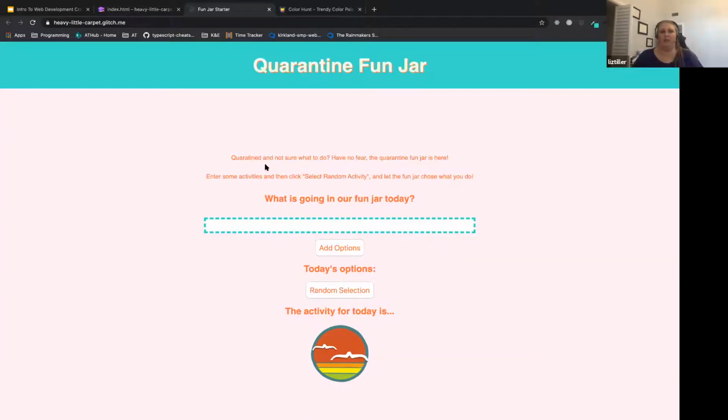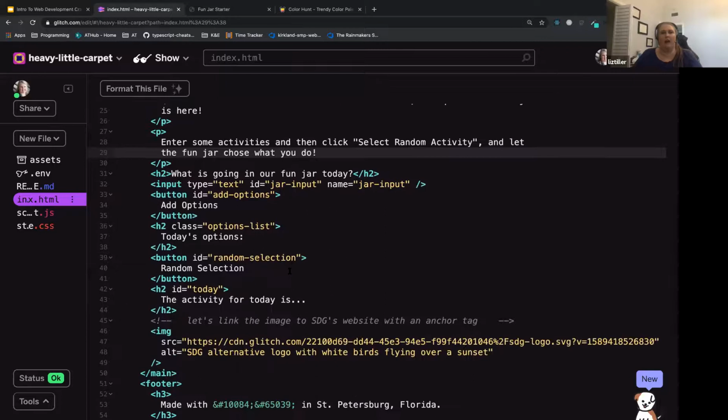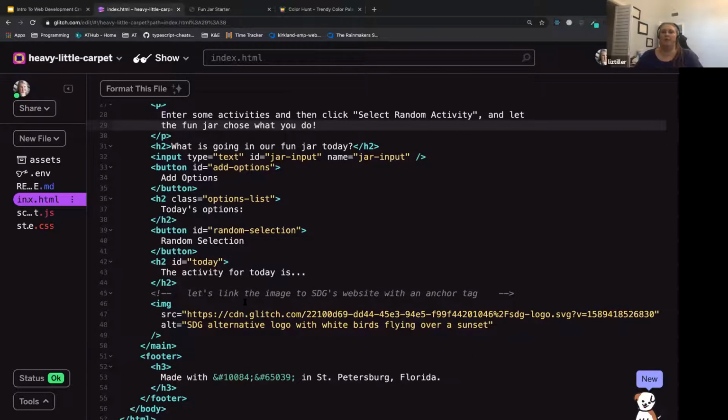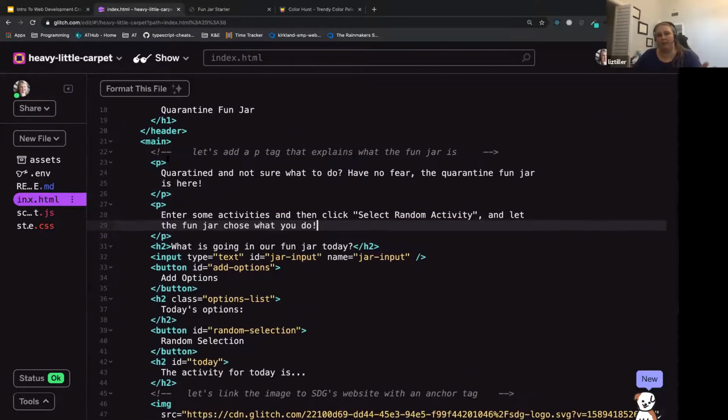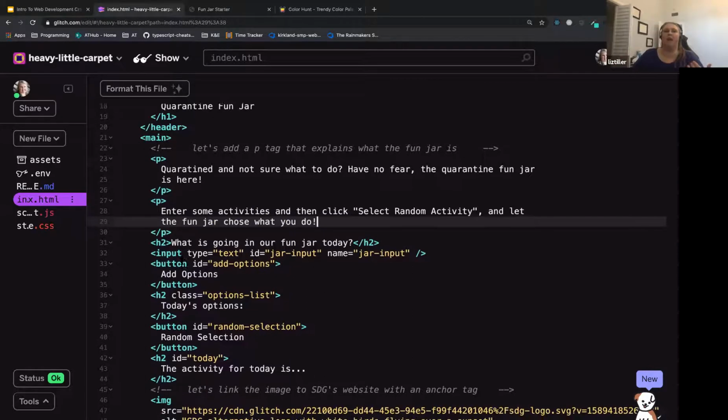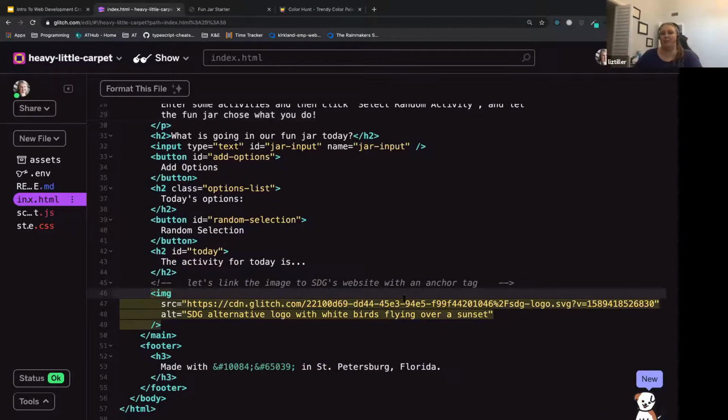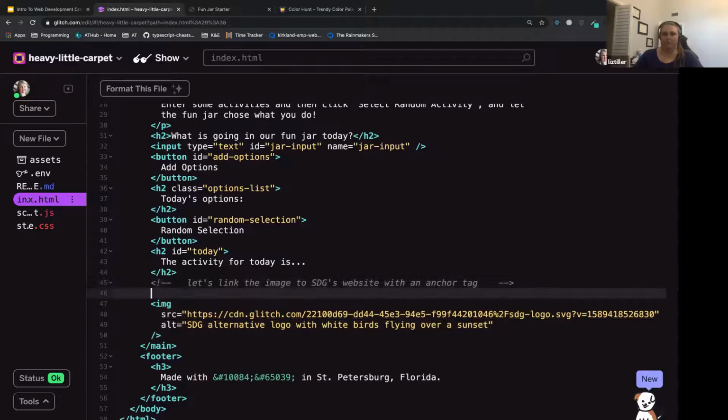That looks pretty good. I have a note in here of let's link the image to SDG's website with an anchor tag. So we are going to apply a link around the image because you can also nest things. So right here I have everything sitting within main, but I can also nest an image within a link. So I can do A,